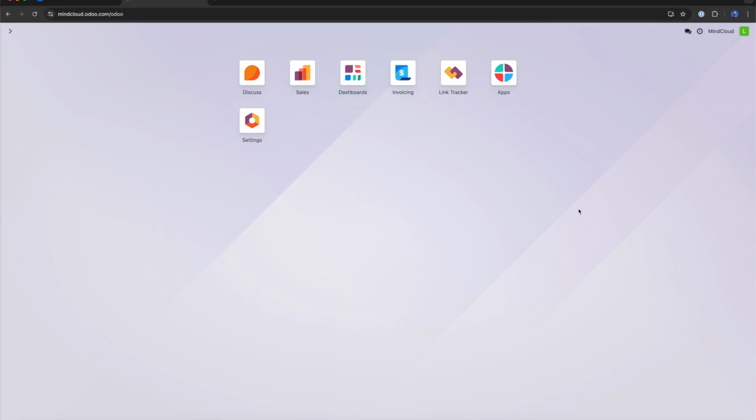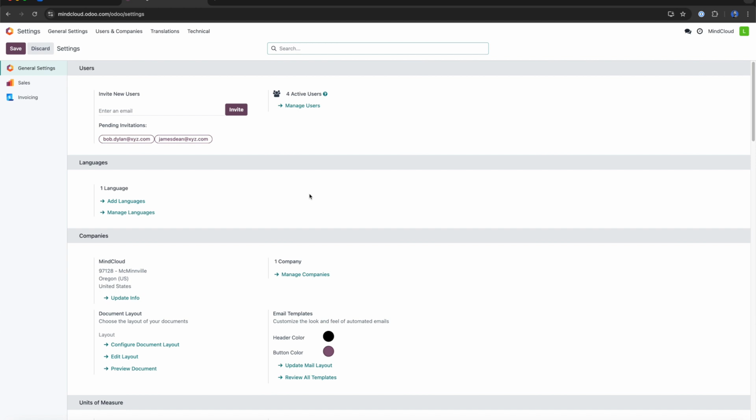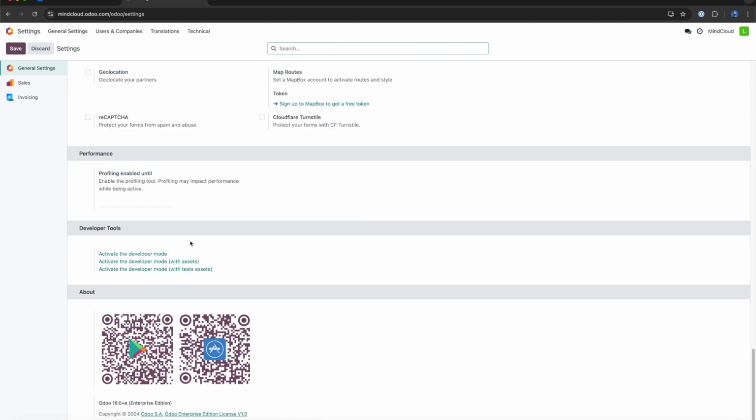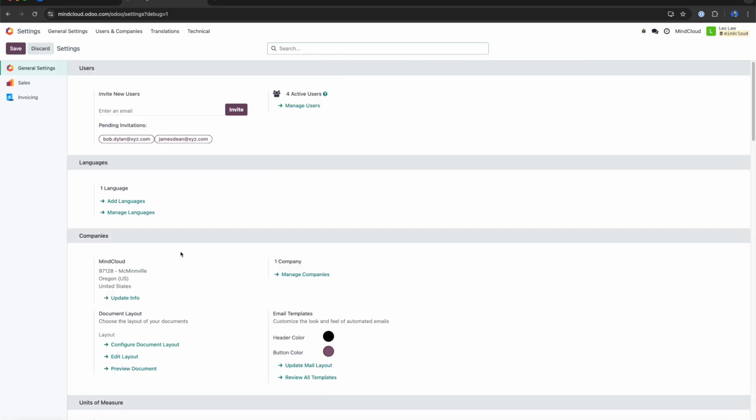To find the name of your database, you must be logged in as an admin. And then you can go to Settings and scroll down until you see Developer Tools. Here we will choose the option Activate the Developer Mode. Once the developer mode has been activated, you will see the name of the database highlighted in the top right